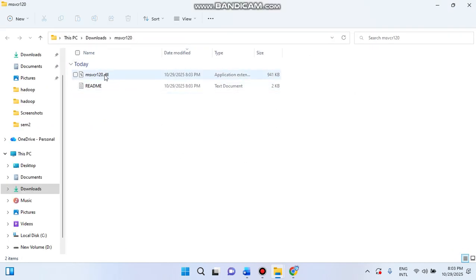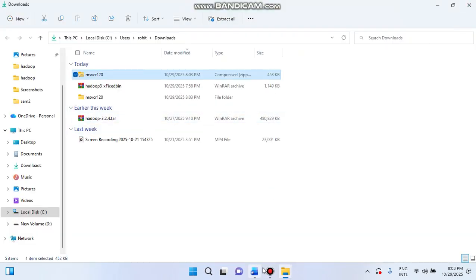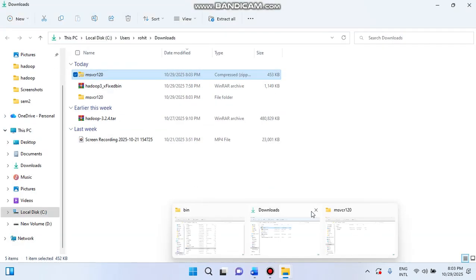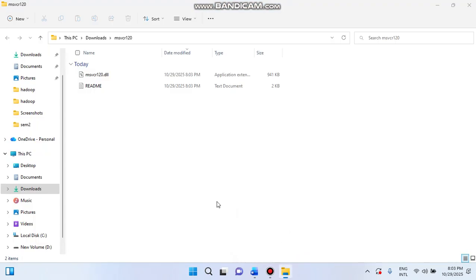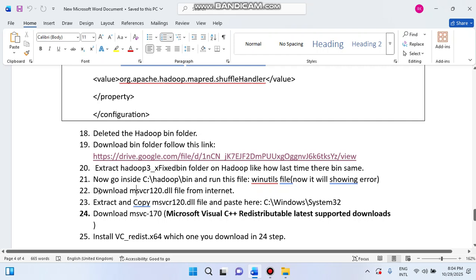So see this file. Now what we need to do with this file? Let me close unnecessary folders, because many times people get confused because of the folders. Let me go to This PC also. Right now, check the step. What happened? They said to download